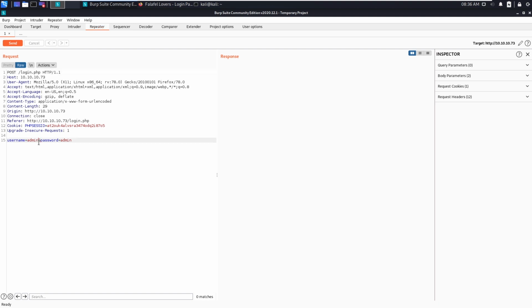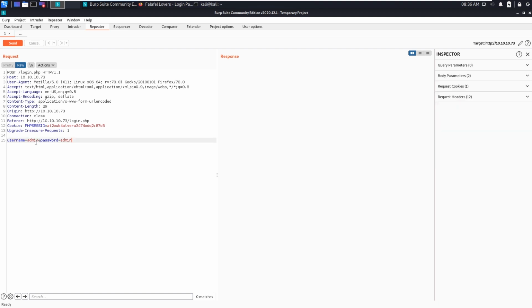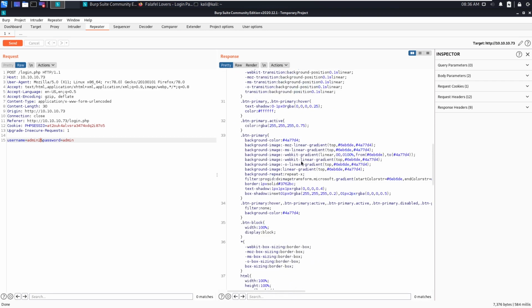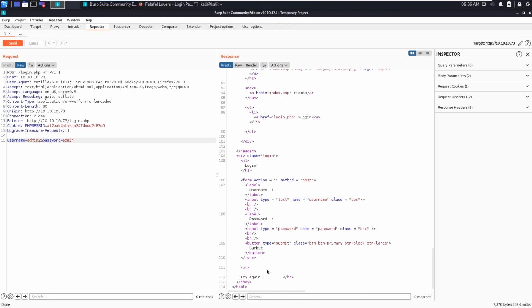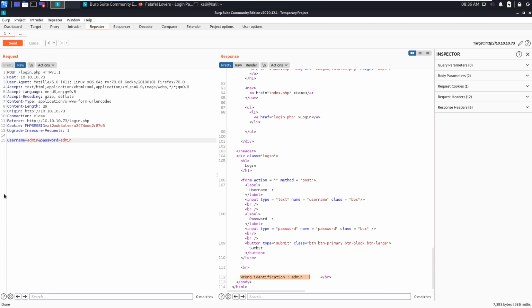This username field should be prone to Boolean SQL injection, because whenever we put the correct information here, we get a different response, and when we put wrong information like admin2, we get the false response. You can see down here there is a false response, try again. So this is the false condition, and wrong identification should be the true response.